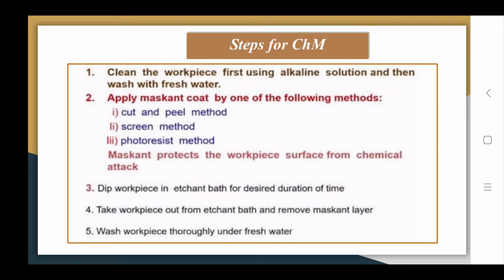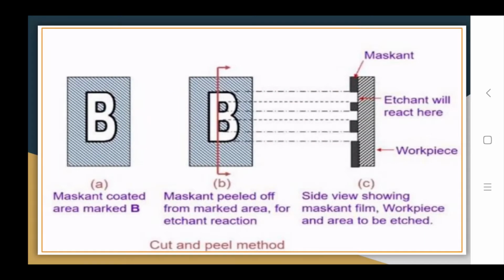Okay, if you take the example of this, here is the maskant coated area, and the area marked B has no maskant, and the rest of this portion has been coated with the maskant either by screen printing or the cut and peel method. Now if you take the section of this particular one at AA, you see that the maskant layer is there.